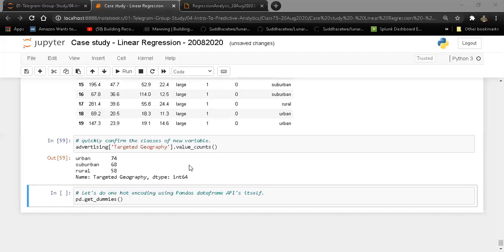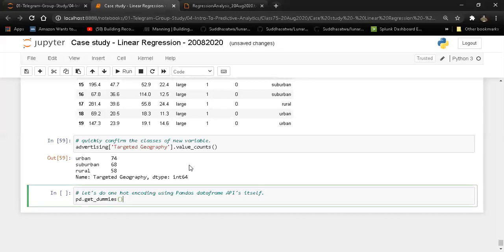I need another array, which I can call area underscore dummies. Area underscore dummies is my new array where I'll call pd.get_dummies, and inside this, you have to pay attention. What I'm doing here is passing the variable that I'm trying to